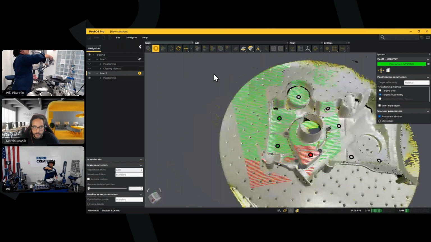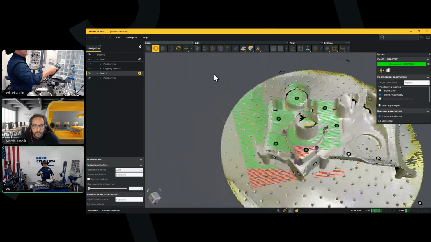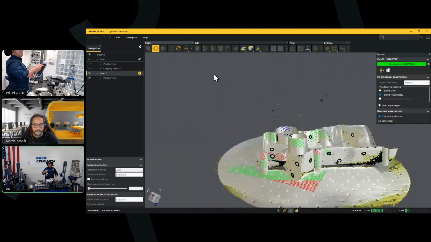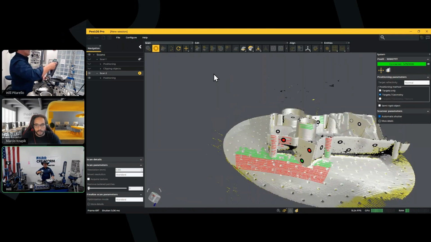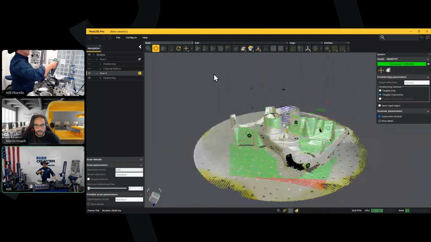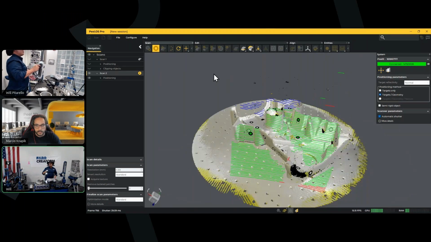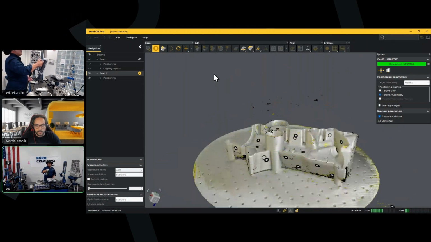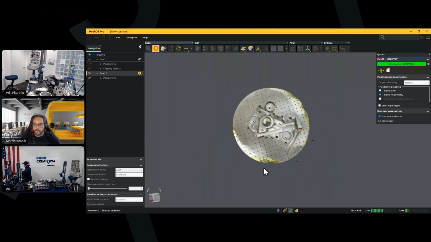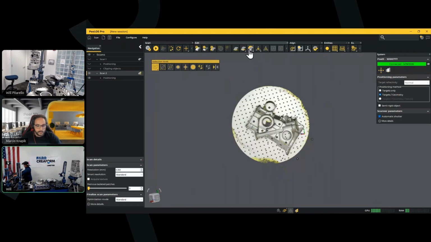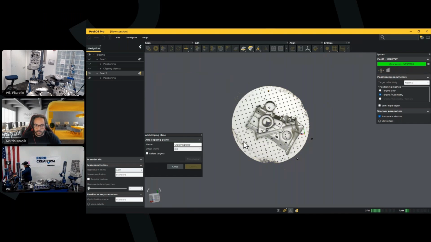Again, I'm scanning really quick right here. All that I care about right now are the targets on the side of the part, because again, like I said, the software will use those targets in order to stitch that together. Same thing in here, right? I'm gonna just stop the scanner. I'm gonna click on the table,